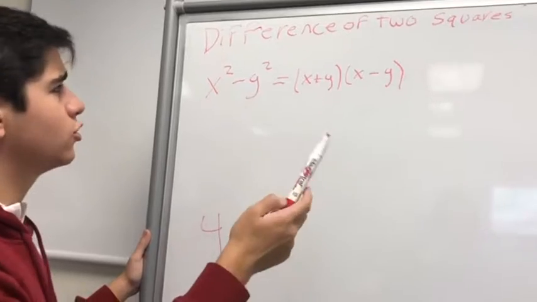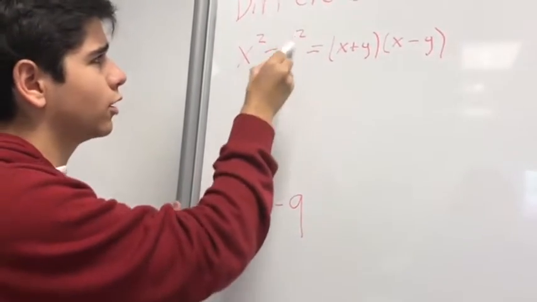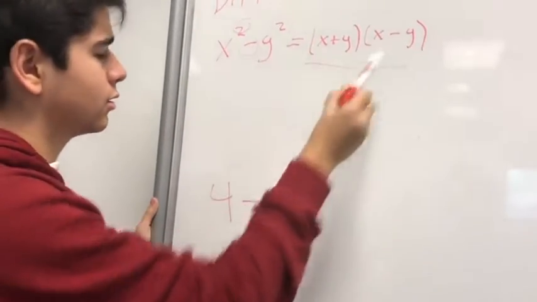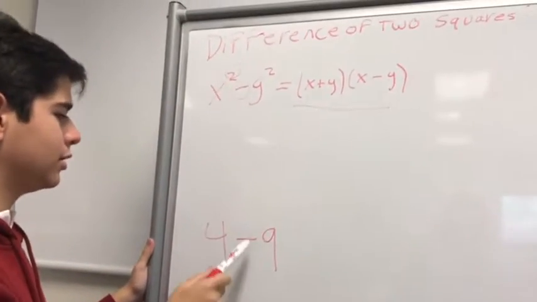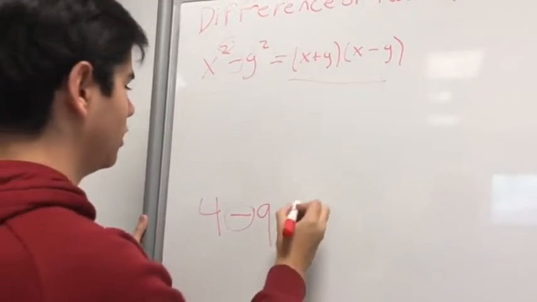In the difference of squares, you have to check that you have a minus in here and that both terms are squared. So you can do it like this. In this case, the sign is a minus and both of them are squared, so you can do the formula. And you just put